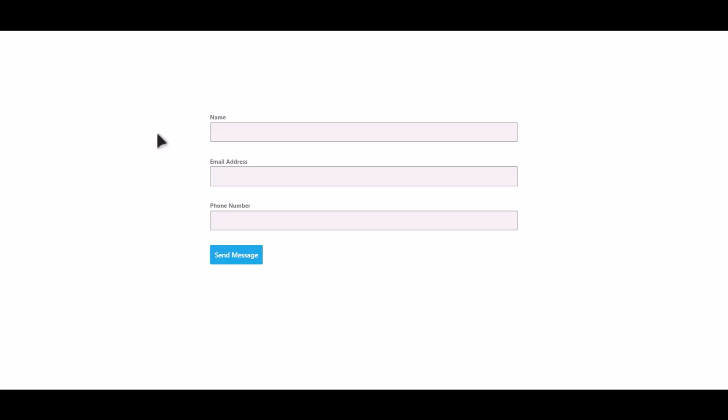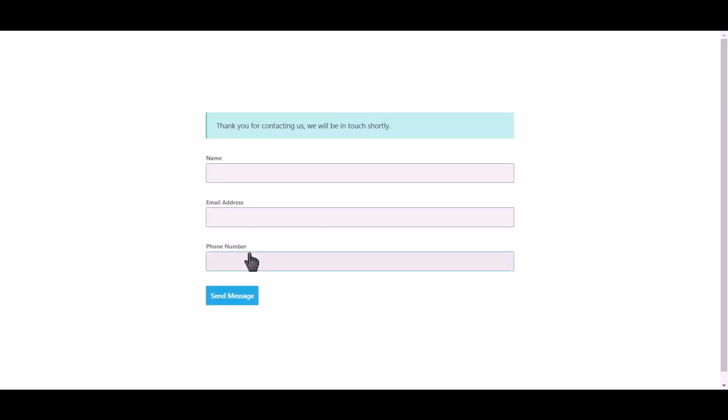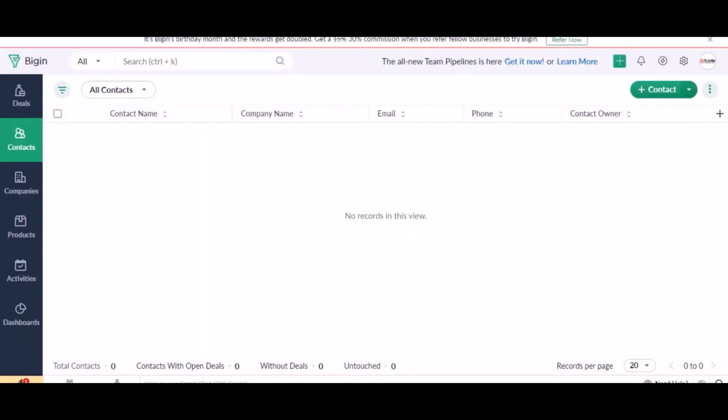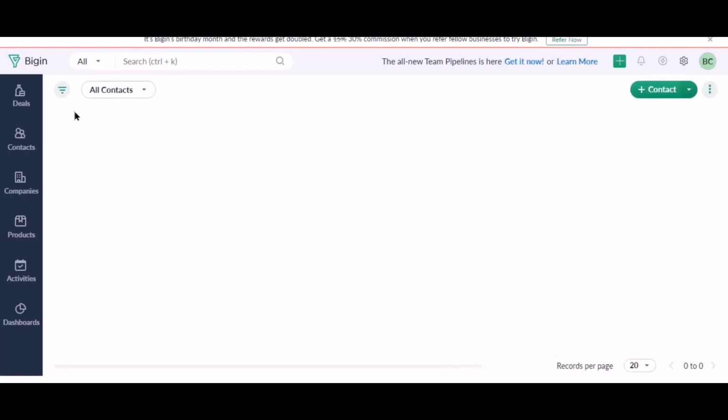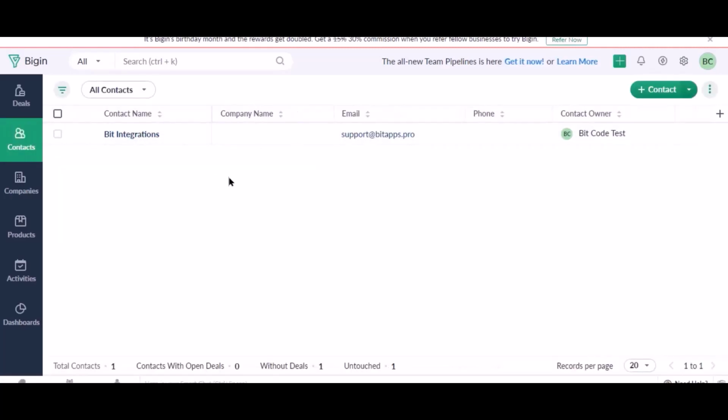Let's submit a form. Click on Send Message. Form submitted successfully. Also, go to Zoho Bigin and check the data is listed or not. Here is the data coming into Zoho Bigin Form Bit